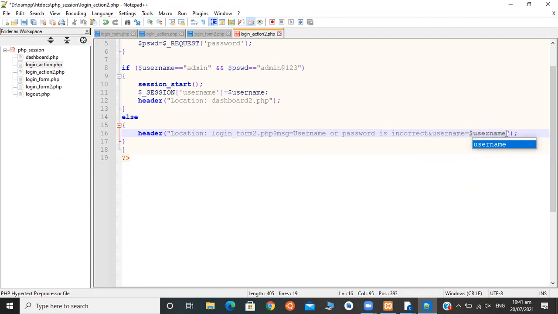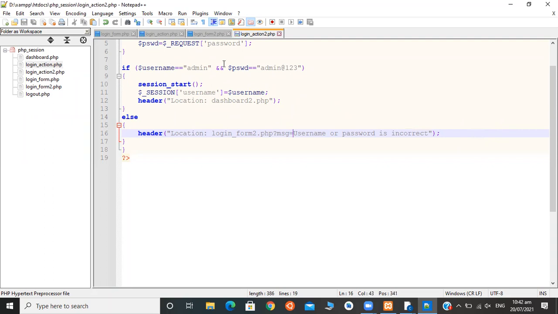In this way, we can pass query parameters here, but we don't need this for now.